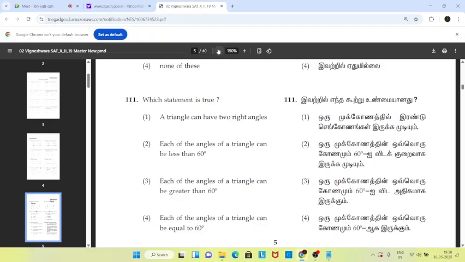Each of the angles of a triangle can be equal to 60. True. Yeah, that is called an equilateral triangle. In fact, you need not even go through 1, 2, 3, 4. If you have a glance and see the fourth one is the right answer, then you can put that it is true